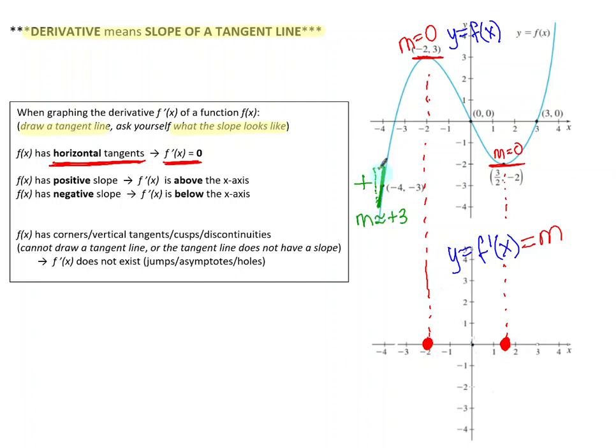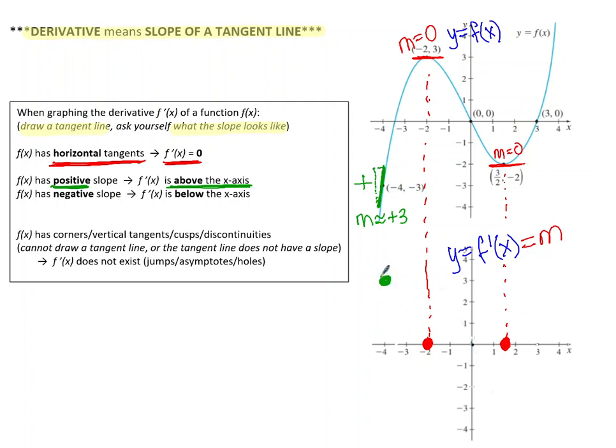Maybe I'm going up 3 and over 1. These are estimates that I'm doing when I don't know exactly what the slope is. So I'm estimating this slope is about +3. So at this x value of -4, I am going to go up to about where the y value is 3, and I'm going to plot that point. Whether or not I have that slope exactly correct, I do know that because the function has a positive slope, the derivative has to be above the x-axis. Because if I'm graphing the slope and the slope is positive, this value is above the x-axis where the y values are